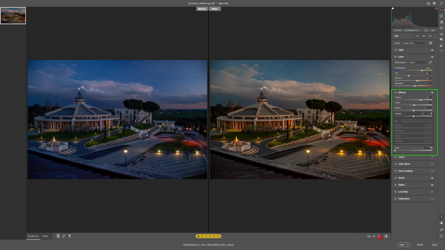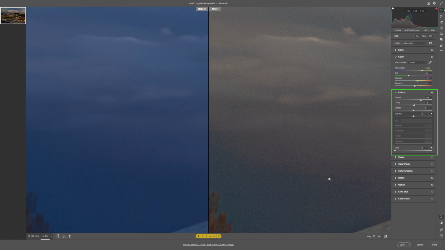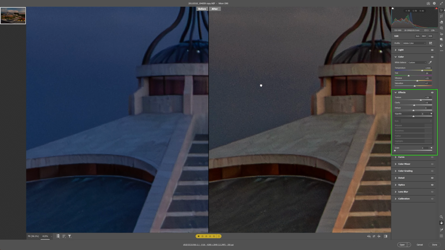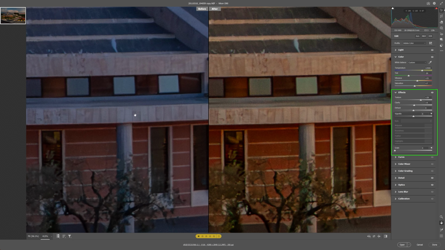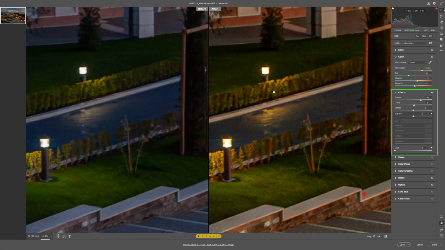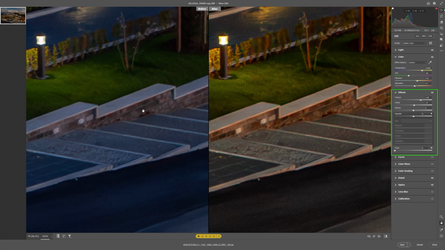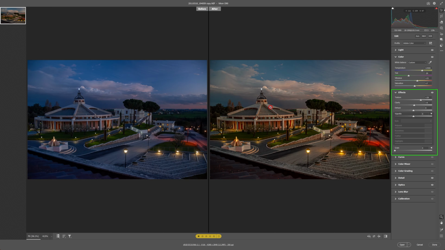And if we do a before and after and zoom in, I'm using the spacebar and dragging, you can see that the detail that was not shown here is being shown here. Okay, so if you look at the wall and the steps, they look like they have a little more texture than they did otherwise. That is your effect slider. And finally, in the effect slider,